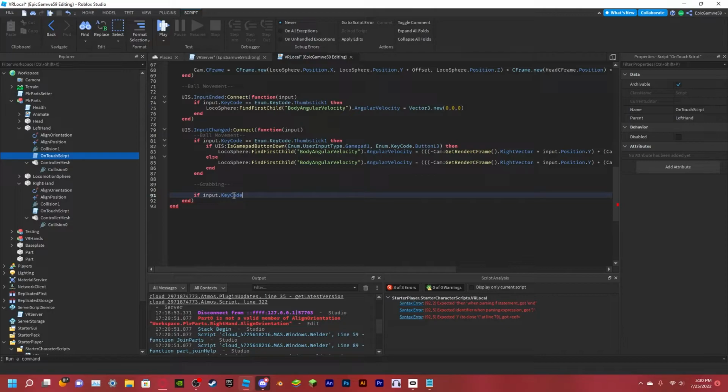So if input.KeyCode equals Enum.KeyCode dot,